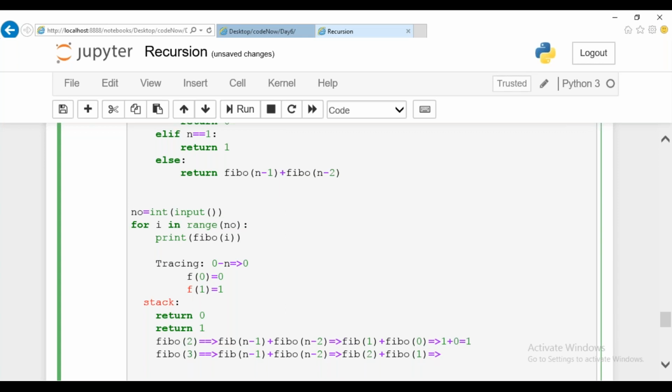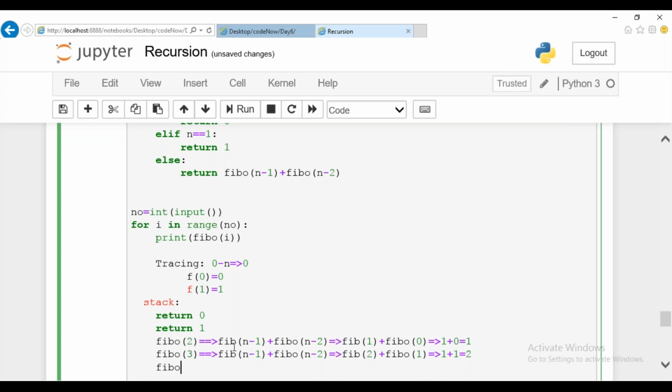What is Fibo of 2? What is the result we got? That is nothing but 1, right? So 1 plus Fibo of 1, which is 1 again. So we'll be getting 2 as the answer. Guys, I'm substituting then and there. Actually, in case of stacking, it will come one above the other.